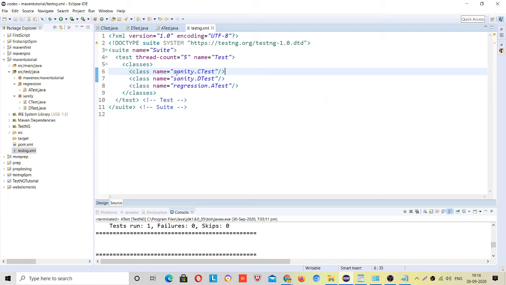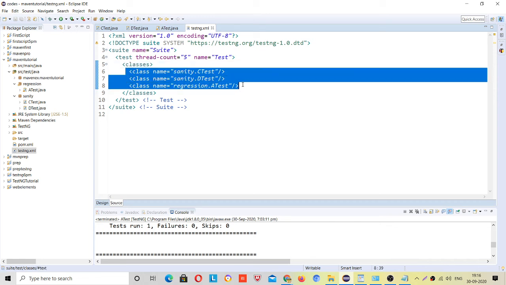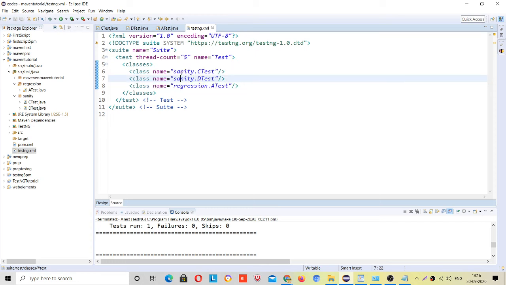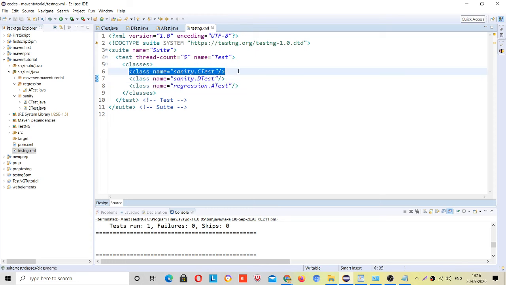See, I am telling, it will go into this sanity package, because after the before class it will follow whatever order is given, right? So if you have added this class, sanity package, it will go to the sanity package first, then you have added dot c test, so it will directly jump into c test, right?